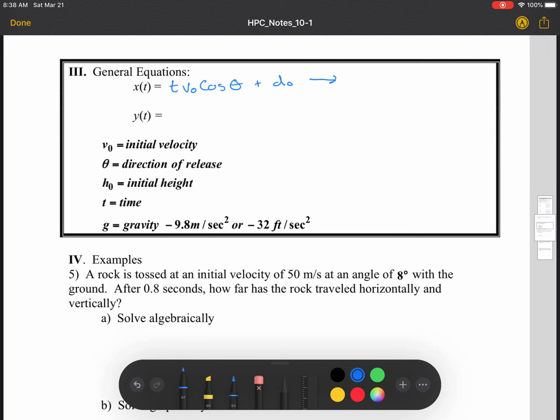All right, and that distance initial is talking about the horizontal distance. Okay, so that would be like if they're saying you're shooting a free throw, and your toes are on the free throw line. But if you think about shooting a basketball, when you take that shot, you actually release the ball in front of the free throw line, okay? No one shoots straight up. They push the ball forward and they release out in front of them. So in that instance, your distance initial would be something, okay? In most cases,